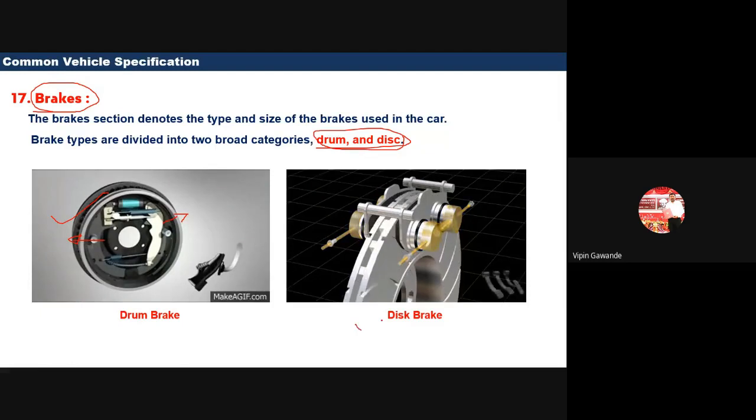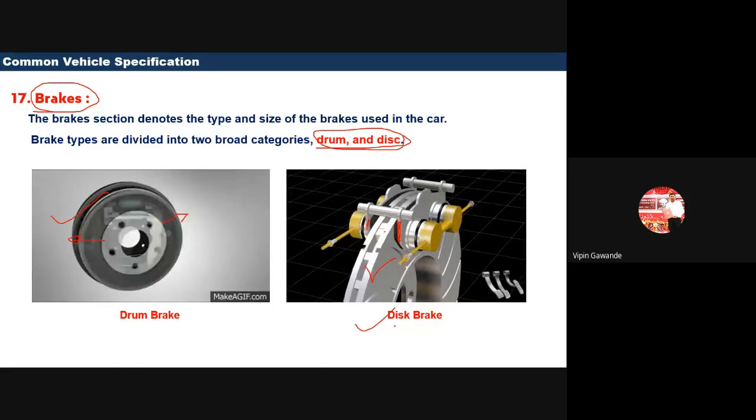This type of brake you have seen in the Bajaj Pulsar, and in cars also, on the front wheel, these disc brakes are attached. So the disc is there. This is our rotating wheel, and we have a disc. When you press the brakes, the friction plates come closer to the wheel, and they stop the rotation of the wheel.